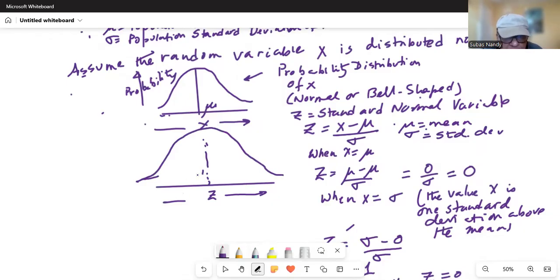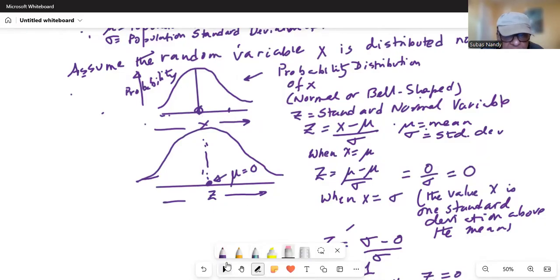Okay. So, here the center mu is equal to 0, as I showed you. When x is equal to mu, remember here at this x is mu. At the center, mu is 0 because I showed when x is mu, z is equal to 0. And when x is one standard deviation, so this distance,